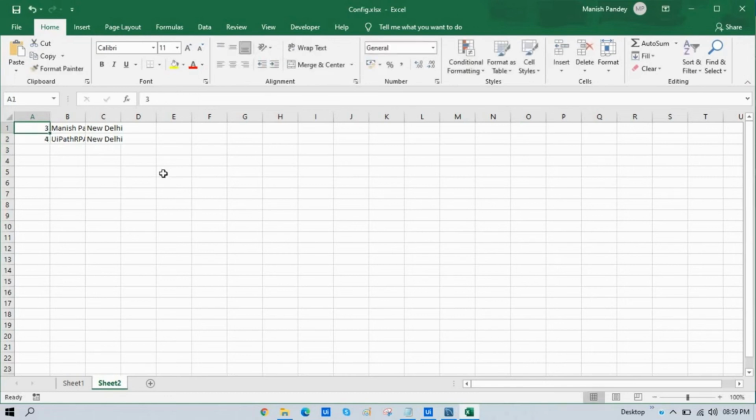I'm going to insert 5 records here. So I have these 3 records available in this Excel file, and I want to just insert these data to MySQL table. So what will I do? I will just close that,